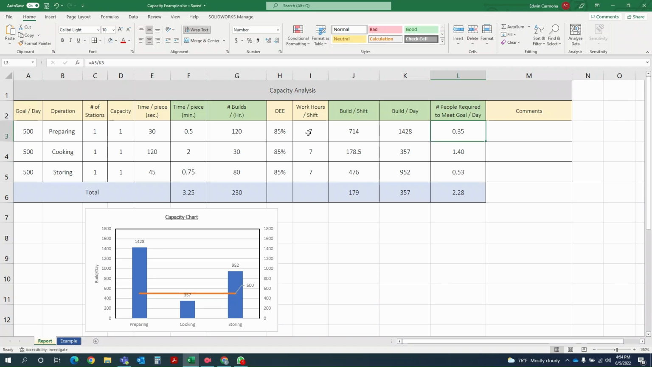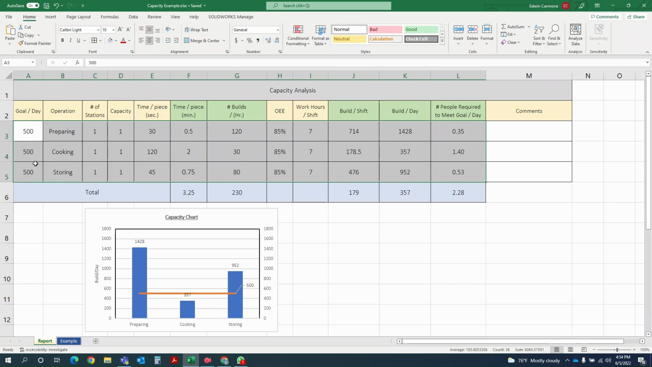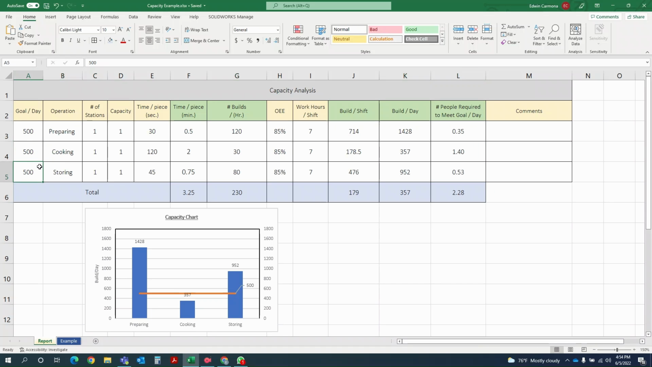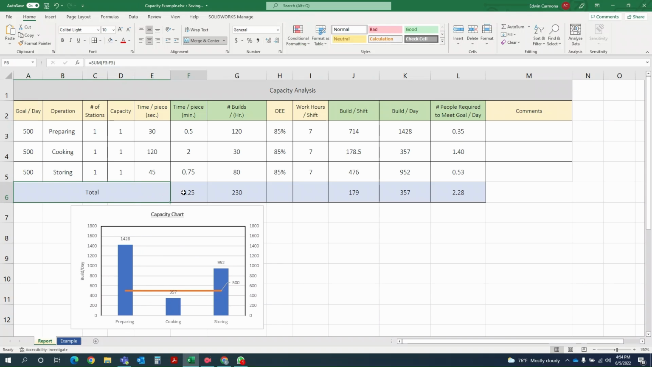But for this case, let's just assume you may have a different goal for different operations. Like you may want to store more, so you want to store over 100 more, then that value can change. So at the end here, I also have a total amount. So you may want to consider, what is the total amount I need to spend for the individual piece overall. You may want to see how many builds you can do per hour as a total, but this probably won't make sense